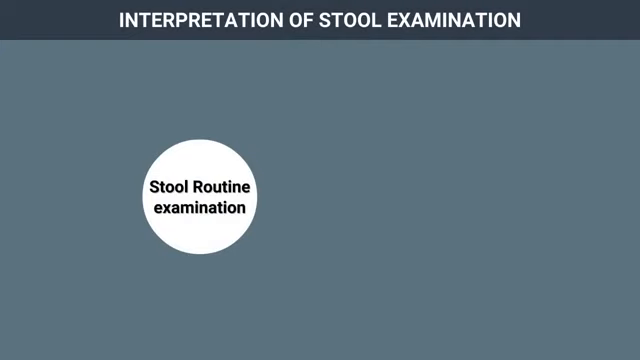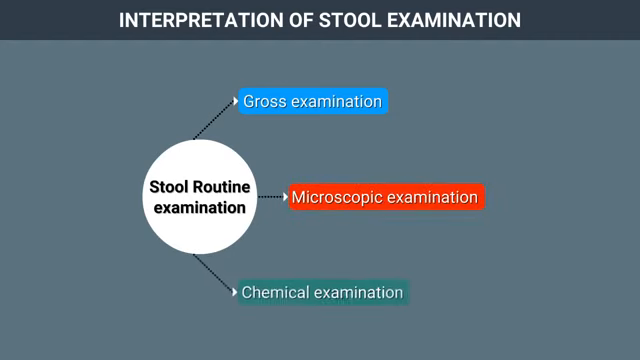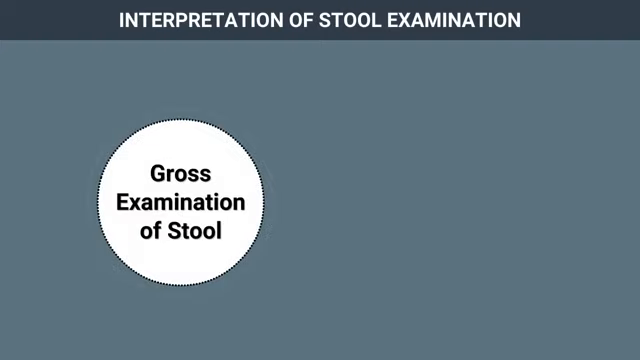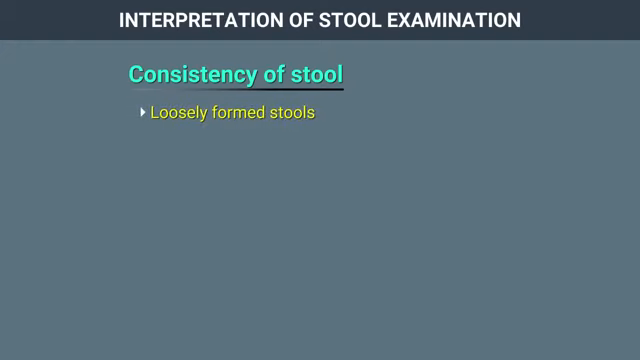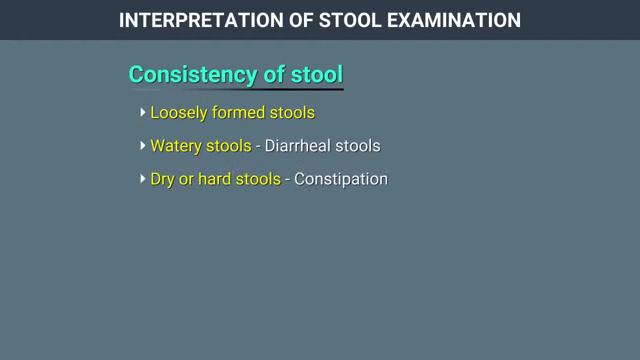Interpretation of stool examination. Stool routine examination includes gross examination, microscopic examination, and chemical examination when indicated. Gross examination of stool includes consistency, color, quantity, odor, and presence of mucus or blood. Consistency of stool is described as loosely formed stools, watery stools as seen in diarrheal stools, dry or hard stools